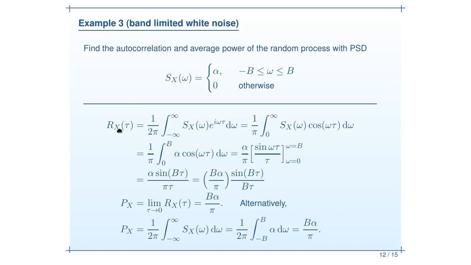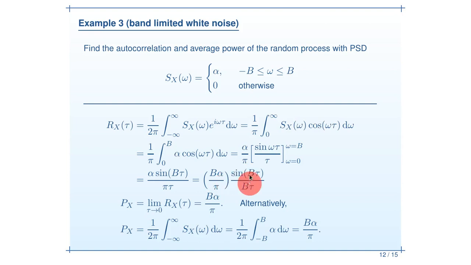We want to calculate the autocorrelation function, so we will use the inverse Fourier transform. But we have seen that even the inverse Fourier transform can be simplified without the imaginary part, using only the cos omega tau in the integral. And you can simplify the expression,